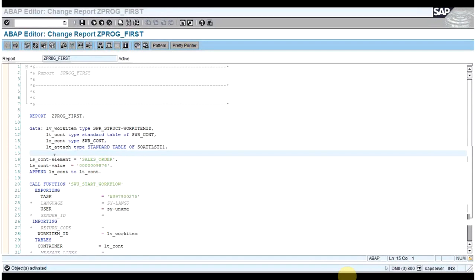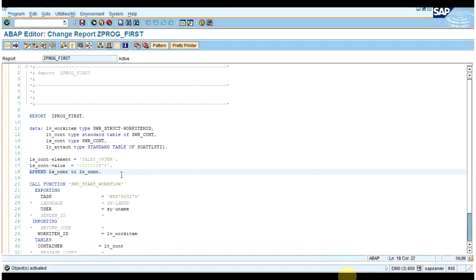I have declared one container as a type table of SWR_CONT and one work area. When you look at this structure, you can see two fields: element and value. In element we write the name of the element, and in value we write the actual value which we need to populate.